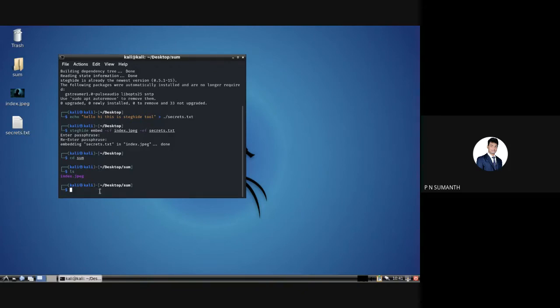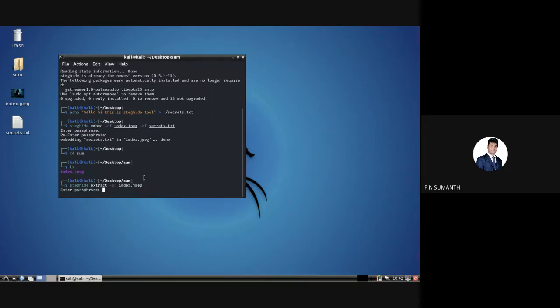To extract that, you will use a command: steghide extract -sf, and the name of the image file, in this case the JPEG. After that, it will ask for the password.